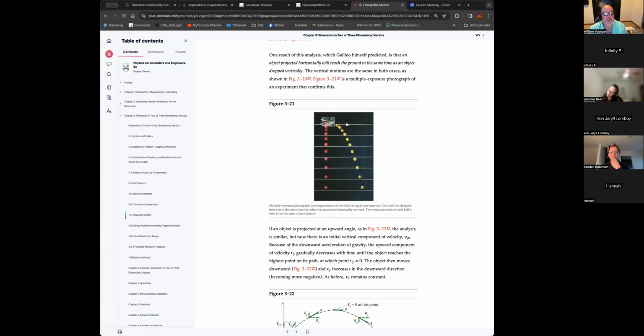What I want you to understand about this diagram is this is basically taking a series of photos, or you can think of it as sort of leaving the aperture of the camera open and then having a flash going bam, bam, bam, bam, like every 10th of a second. And each 10th of a second, it obviously exposes the film or the electronic detector in such a way that you get a shot. You can't really see the red ball right here that corresponds to this yellow ball, but